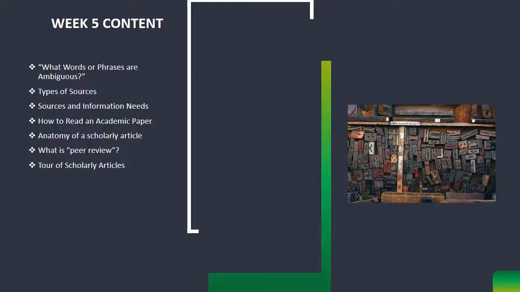The question this week is, what words or phrases are ambiguous? Part of understanding an argument is knowing the definitions of words and determining what meaning the author is assuming in the argument. A word or phrase is not ambiguous just because you don't know what it means. Ambiguity is more about different meanings for the same word or phrase. Ambiguity varies greatly in its importance.